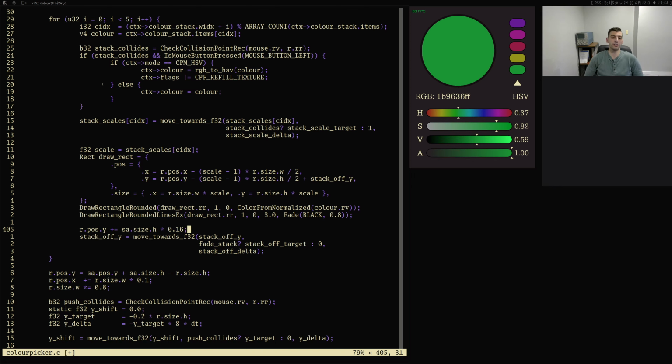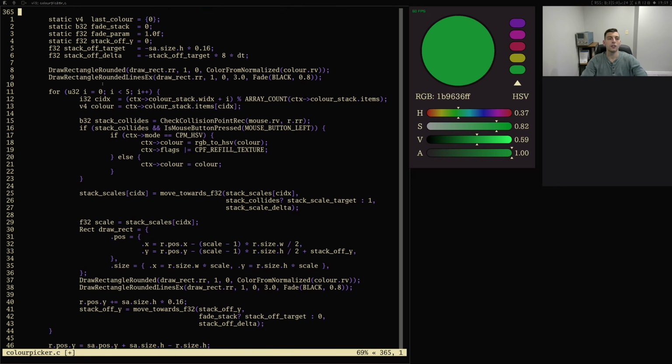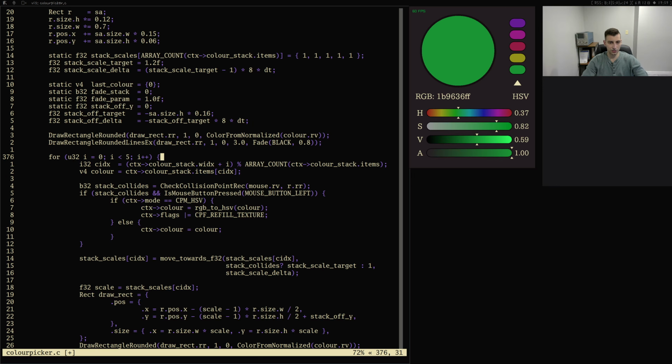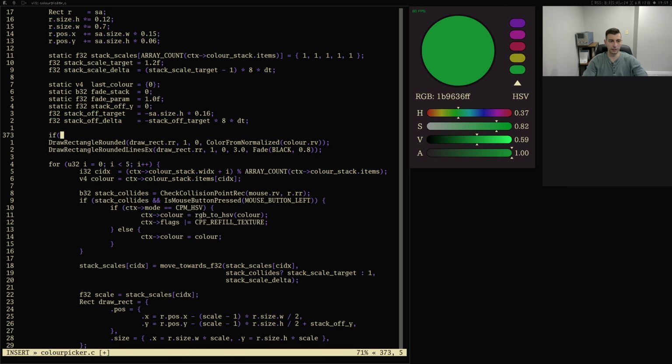Yeah, let me think about this one. We're going to click it and draw one extra thing, but then on every frame it's just going to start moving upwards. Let's just see how this looks. This could be completely ugly, but